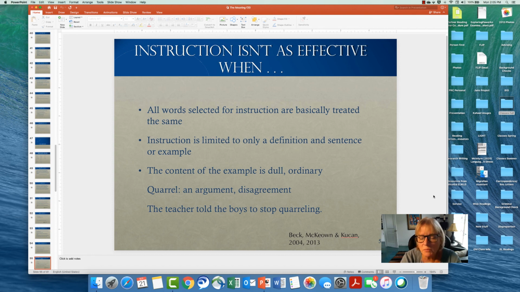The teachers told the boys to stop quarreling. Well, that's okay. It tells us kind of what quarrel means, but we could probably give an example that was much more meaningful to a student, and then we could get them to practice with that word. And quarrel might be a word that students would be engaged in and interested in understanding, right? But this definition is actually really